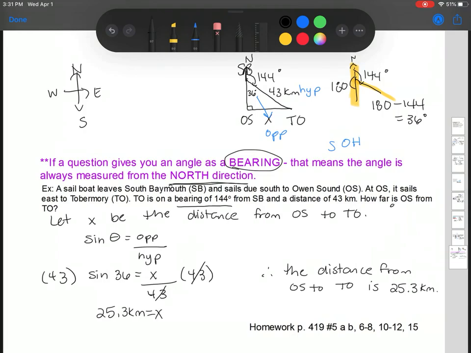So give them all a try, as many as you can, so that you get a wide variety of different types of word problems. Tomorrow, 8.5, the lesson itself is a little bit shorter, but it actually is about when you have two triangles in your word problem, how you deal with that. Okay, so make sure you do 8.1, then 8.3, and then try 8.5. There's no point in watching the video without doing the homework first. Okay, so give that a try, and if you have any questions,